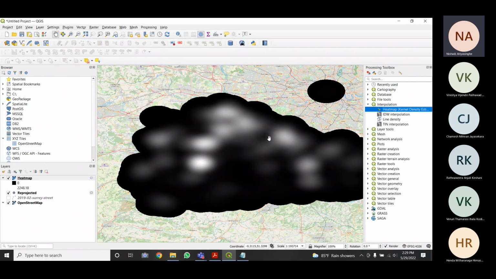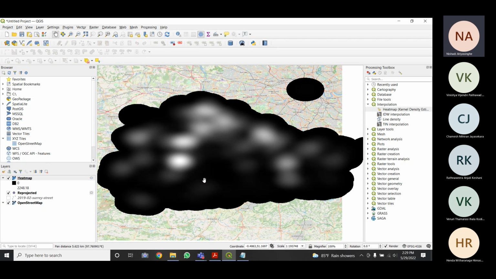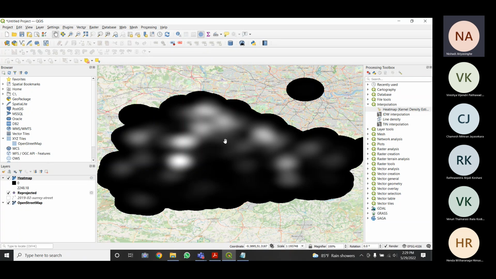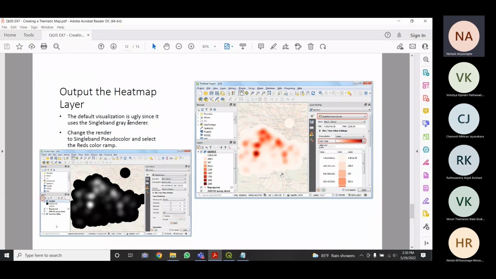It is a heat map, but it is a little bit hard to clearly distinguish where the high density or the low density data are. The default visualization is ugly since it uses the single band grey renderer.